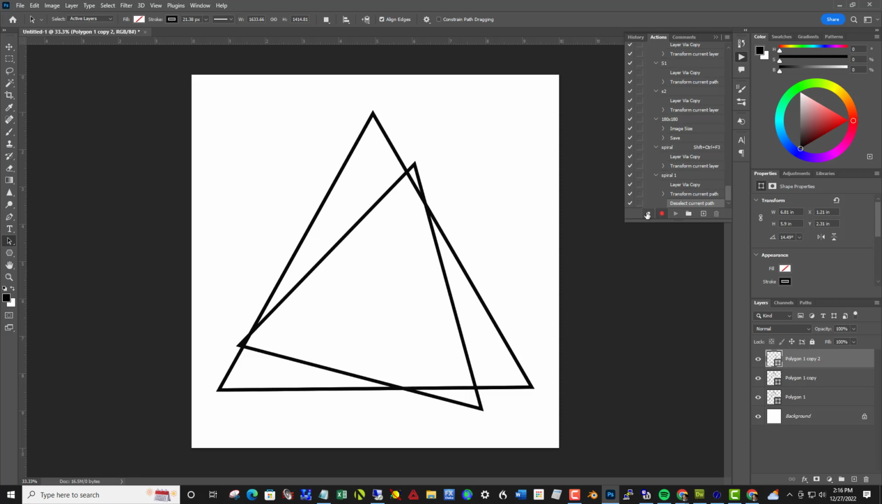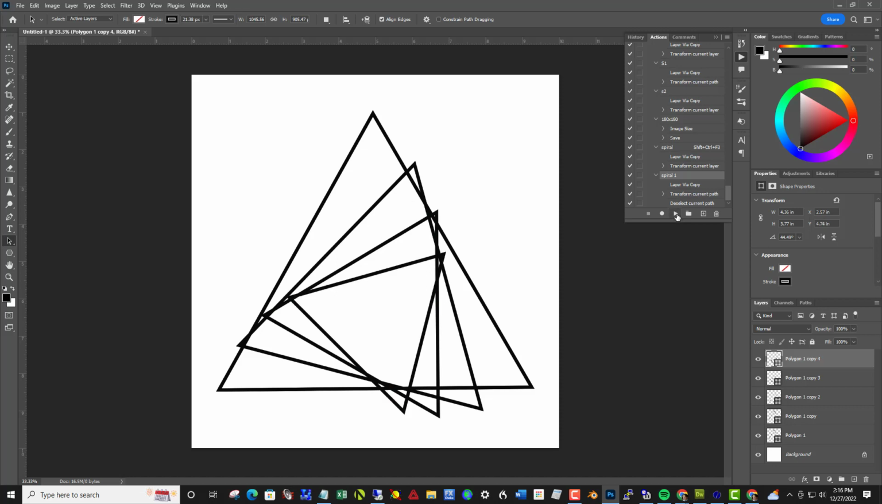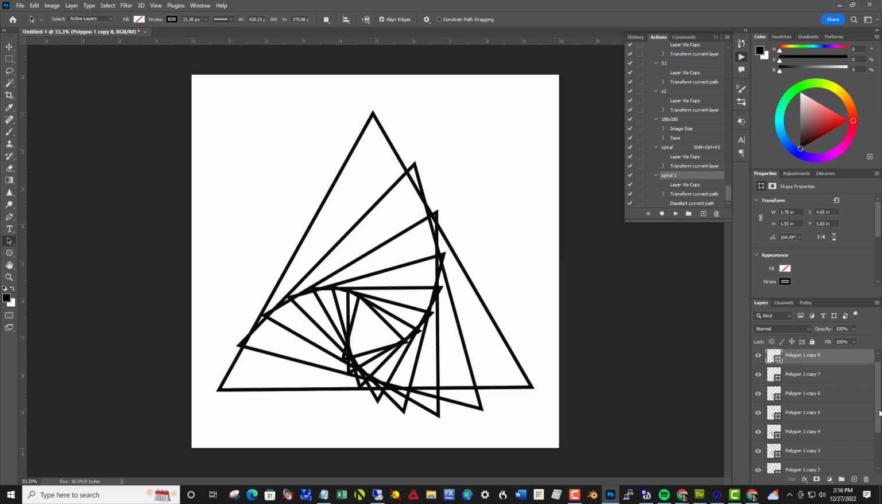Anyway, let me hit stop over here on the action. And I didn't assign an F button. This time I'm just going to click on the name of the action and hit the play button, and see what happens here. Yeah, I think that's doing pretty well. Okay, so save this one. What other variations? Let me dump all these layers here